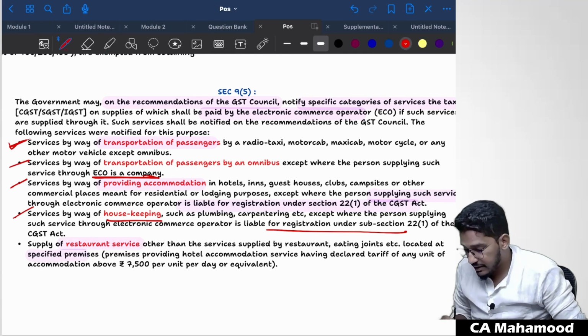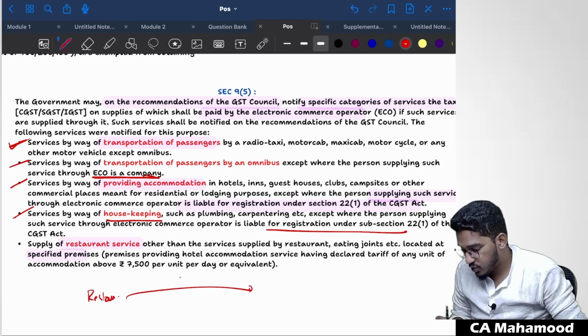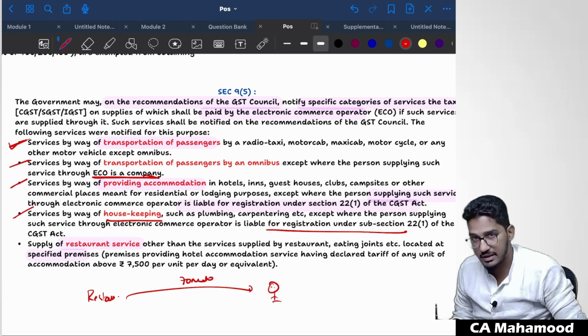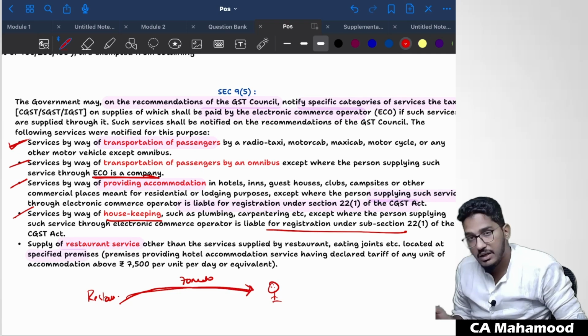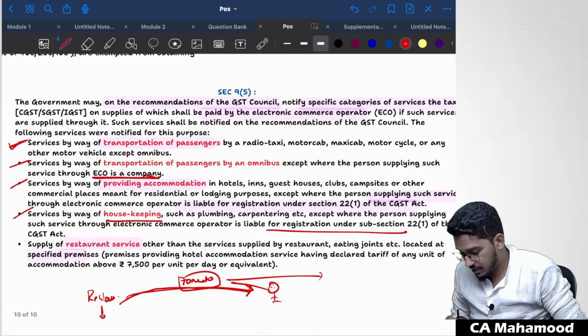So what they are telling is, if there is a restaurant, and that restaurant is providing services through Zomato, there is a recipient, so you are getting those services. Even if restaurant services are provided through an e-commerce platform, the restaurant will not collect GST and pay it to the government. Zomato only will collect the GST and pay it to the government directly, except when that restaurant is located